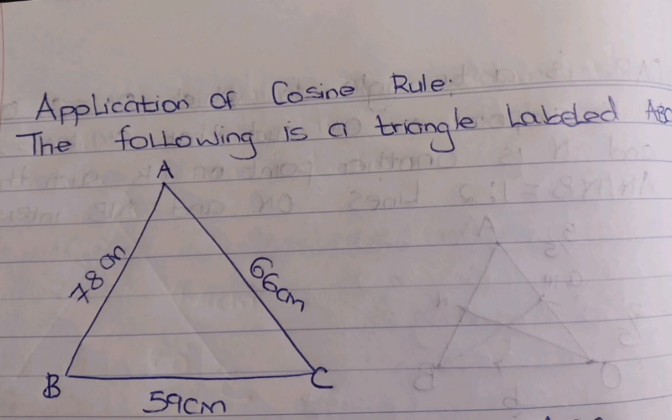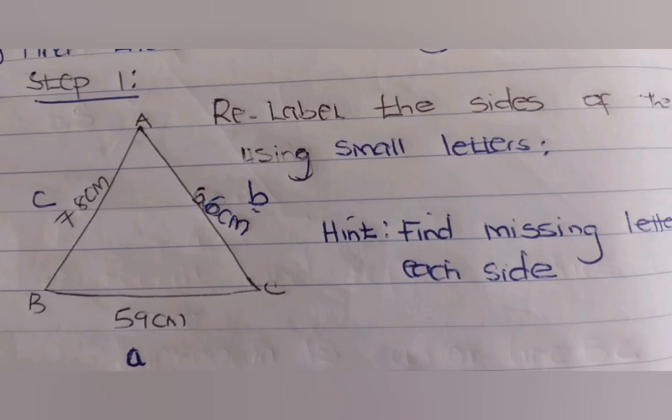We have AB is 78 centimeters, AC 66 centimeters, and BC 59 centimeters. And the question is, find the size of angle ABC. So step number one, what do we do? We relabel the triangle such that,